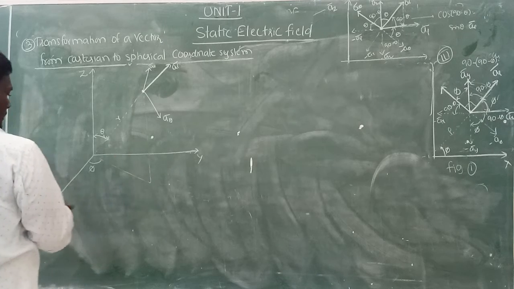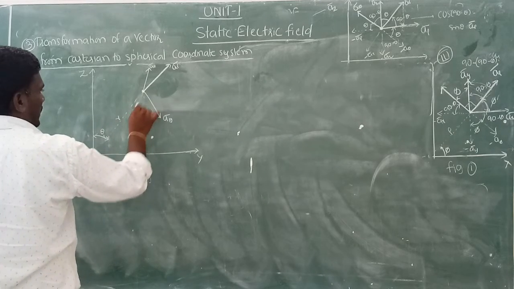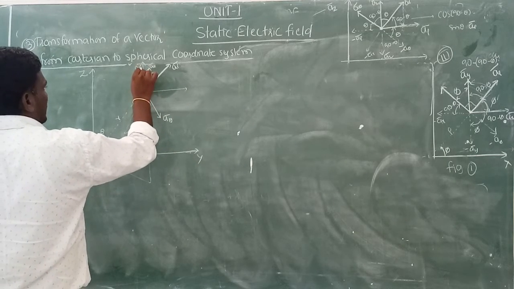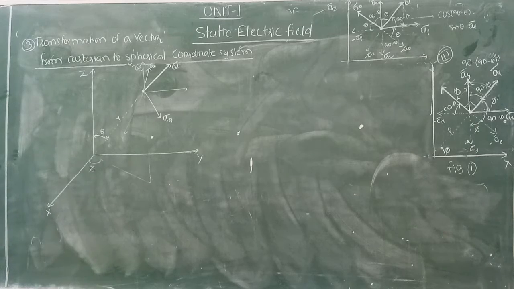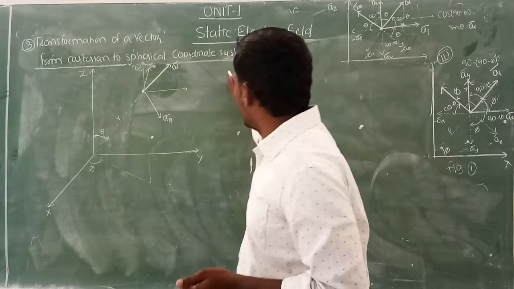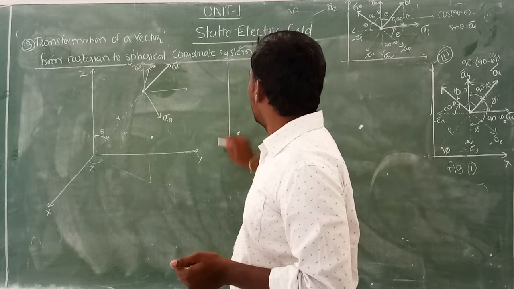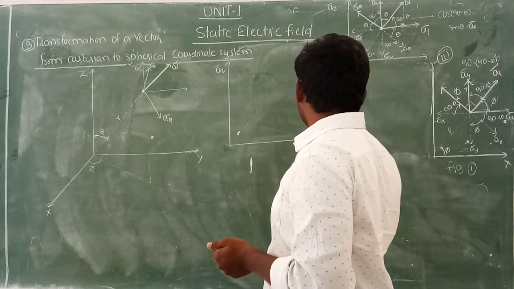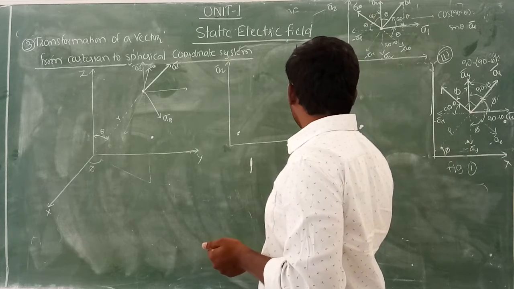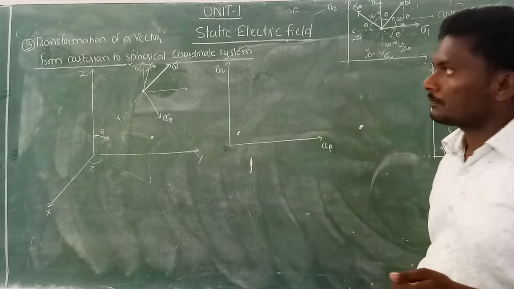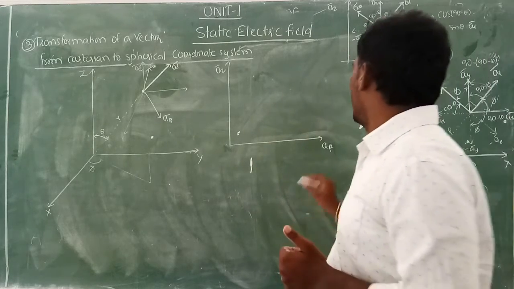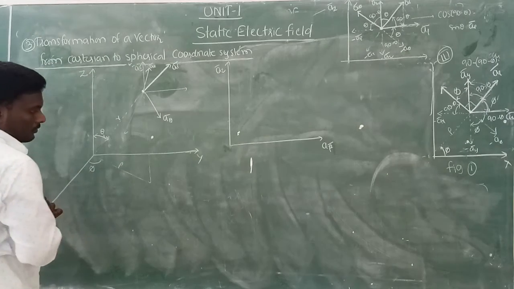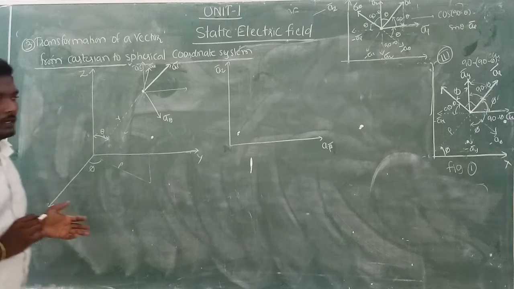Similarly, draw the x, y, z axes. This is your x axis, this is a y bar, and this is a z bar. For convenience and simple understanding, I am just taking a rho bar and a z bar only. I have considered them to calculate the angles between the Cartesian and spherical coordinate systems. What is a rho bar here? It is this one. This is the rho. This rho is equal to the radius of the cylindrical coordinate system.